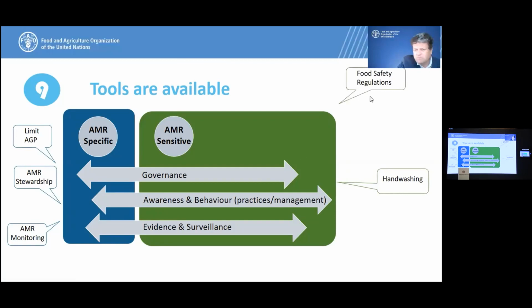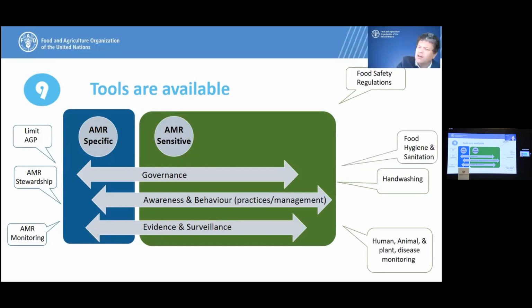There are a number of other tools, food safety regulations, for example, human and animal and plant disease monitoring programs, not necessarily antimicrobial resistance monitoring, but disease monitoring lets us know when diseases aren't responding to treatment. There's things like food hygiene and sanitation. Sanitation is critical. We stop that transmission of non-resistant organisms, but also